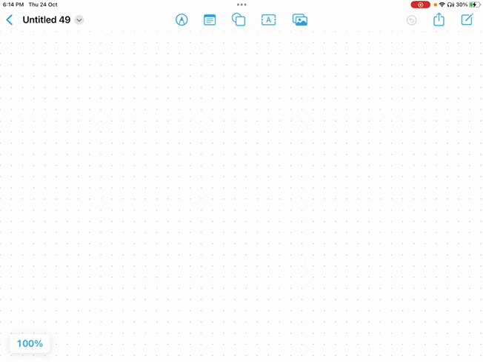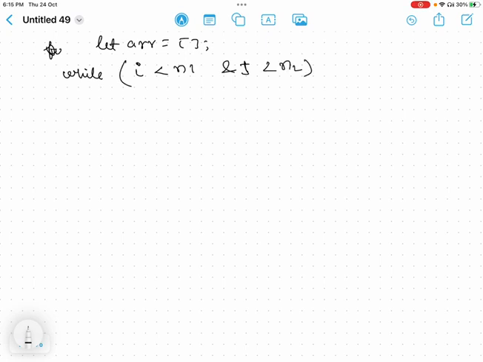Let's code it now. First take the input elements, that array equals to input array. First loop, while I is less than n1 and j is less than n2. First, if A of I is less than B of j,